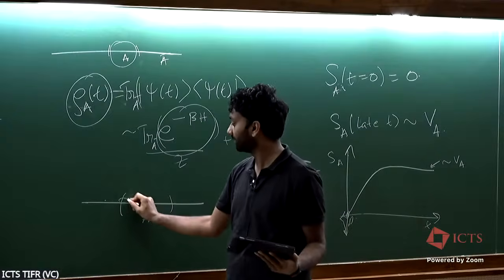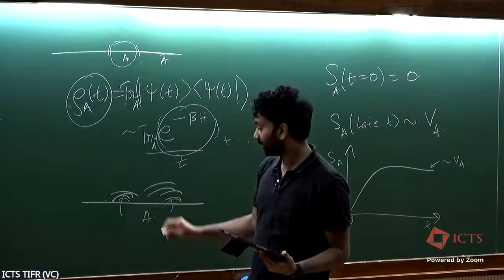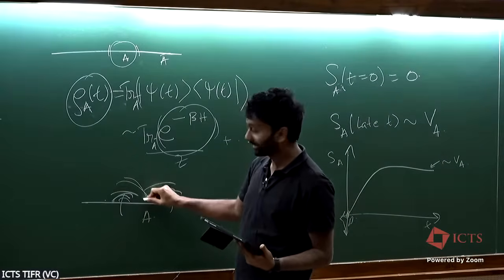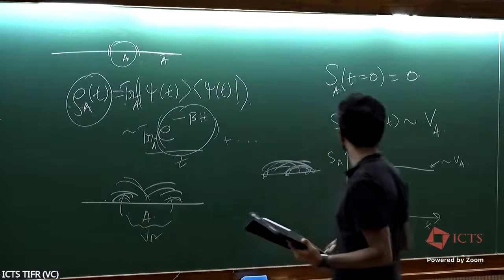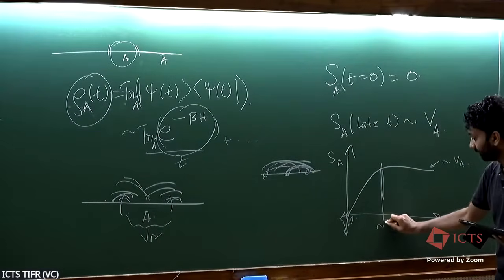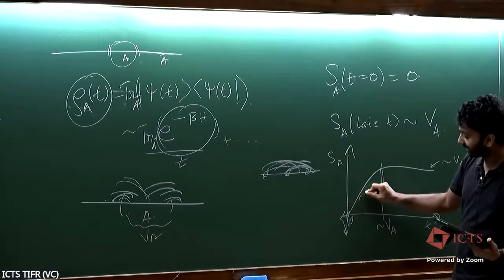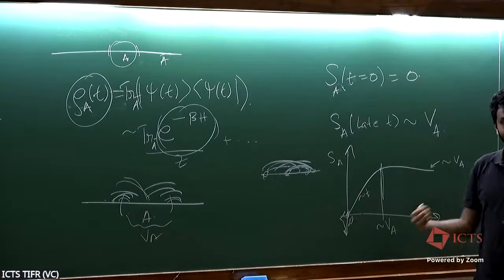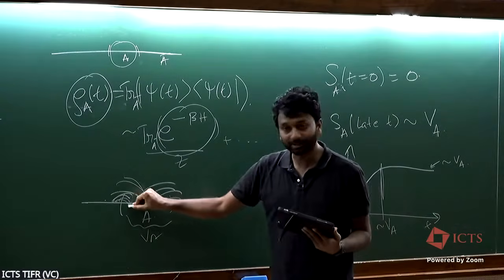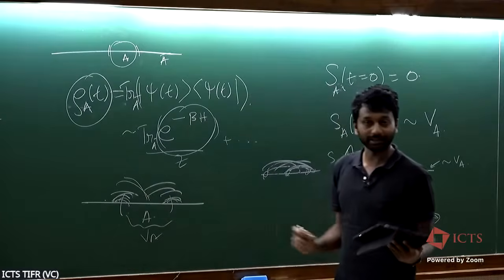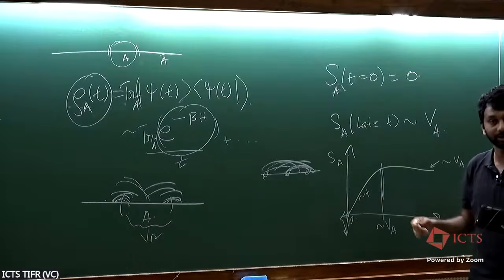So your entanglement is sort of being created only at the boundaries. So the time scale at which this would reach volume law entanglement is proportional to the volume itself. So this time here is something like the volume of this subsystem. And typically what you also find is that this entanglement growth is linear in the size of the system because it's just proportional to a constant, which is the size of the boundary. In higher dimensions, this would be linear times the size of the boundary.